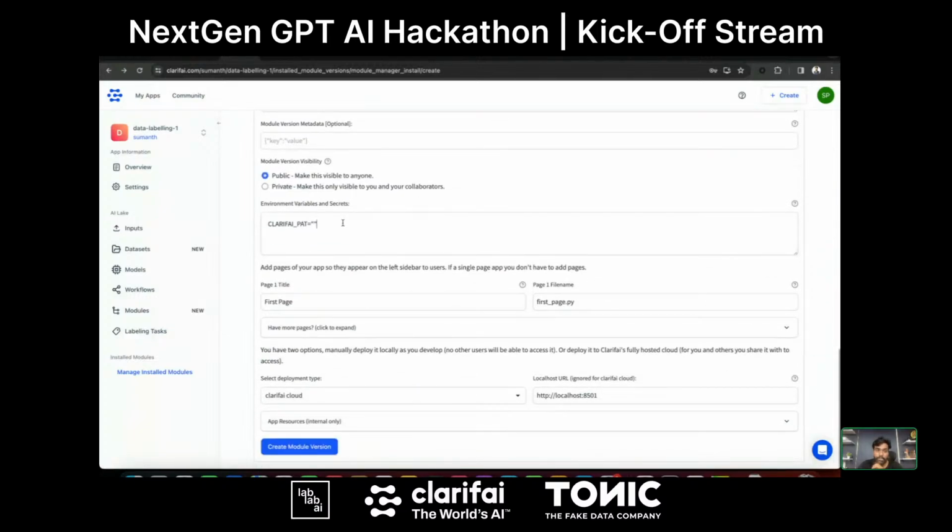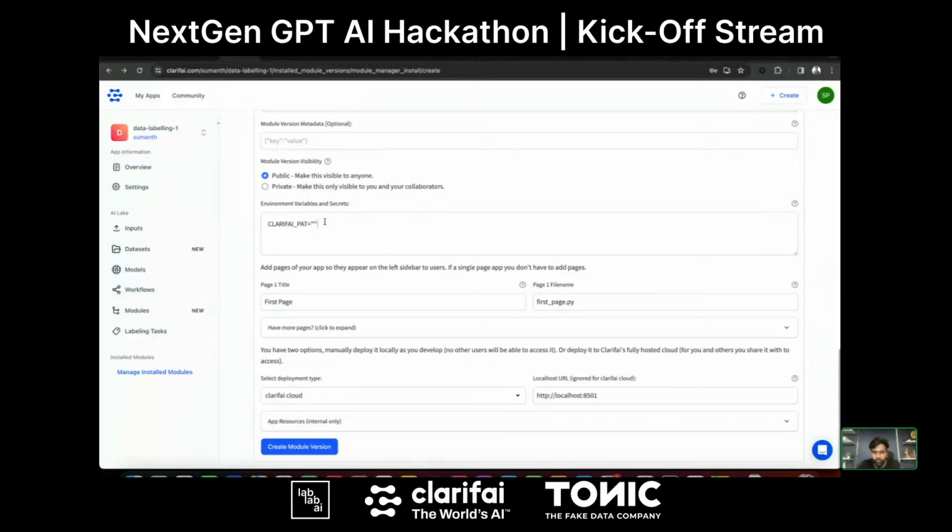And now the main section is the environment variables. For my use case I'm using the personal access token, which is something that I don't want to share with everyone. I don't want to share it in my GitHub repositories, or put that in public. So you can just use this environment variables and secret section. You can give your API keys or the personal access token or any other things that should be private, that you don't want to show to the users or you don't want someone to access.